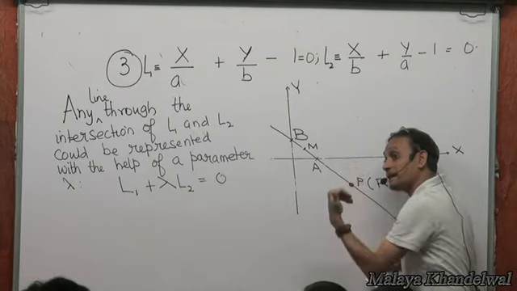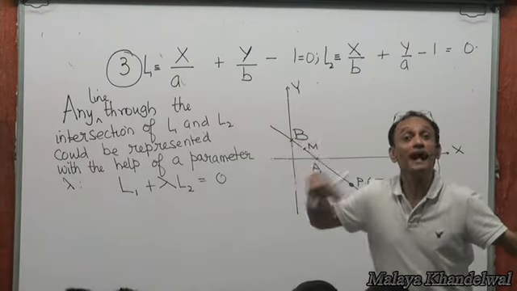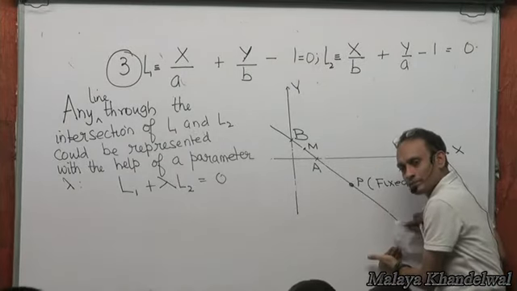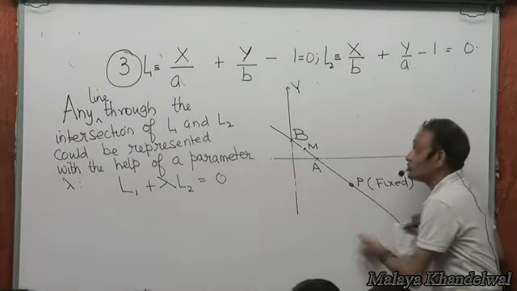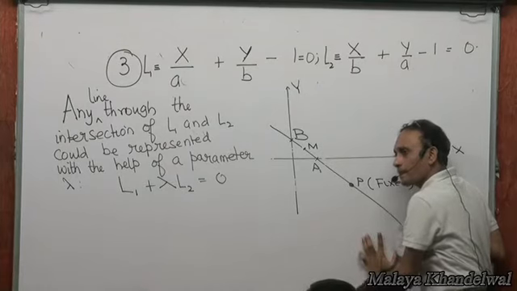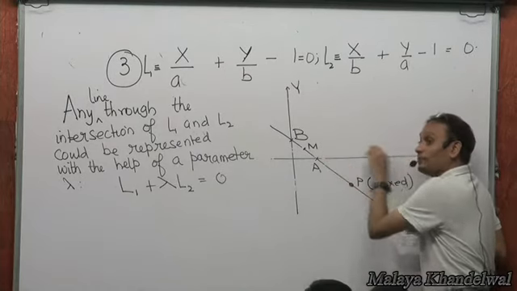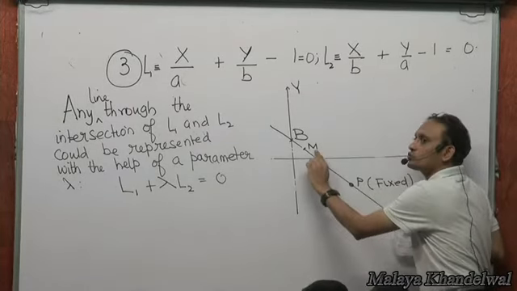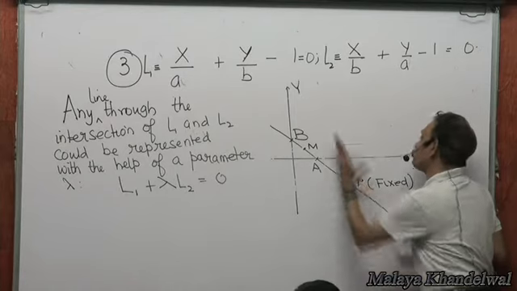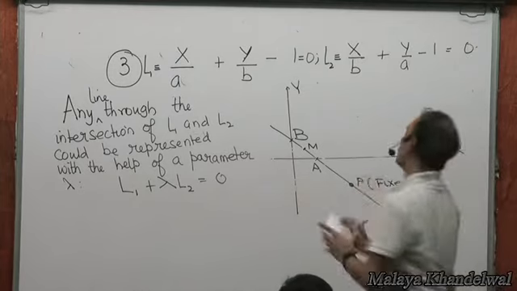I would want to then connect the x coordinate of M with its y coordinate without intrusion of the parameter lambda. In this case, lambda is my parameter, because if lambda varies, I get different lines passing through P. So if I get different lines passing through P, I'll get different ABs, so I'll get different midpoints. The midpoint at any given instant will depend on lambda. If I join the various M's, that will be the locus of M. I would want to connect the x coordinate of M with its y coordinate in a manner that does not involve the parameter lambda. It will be true for all lambdas. That's what I want to be able to do. Yes or no? Yes.